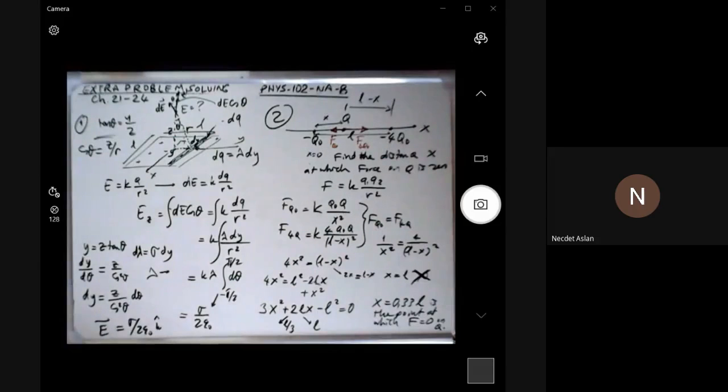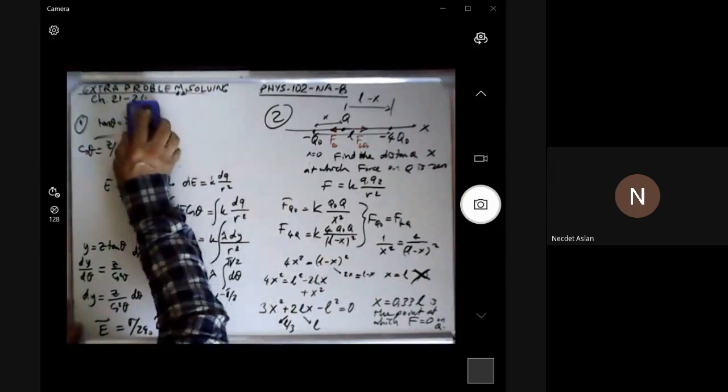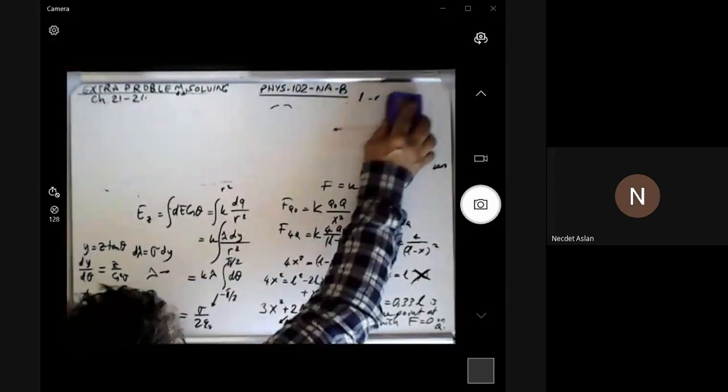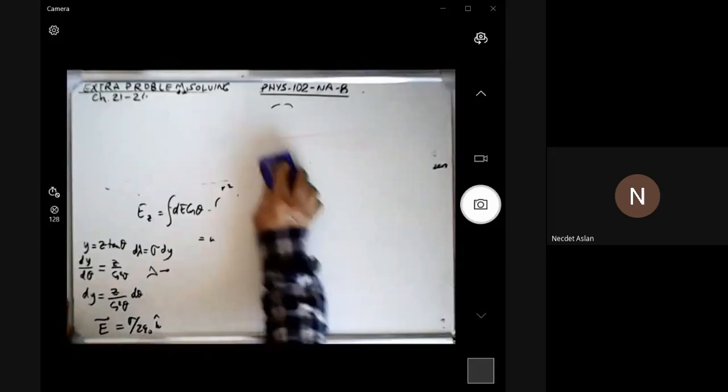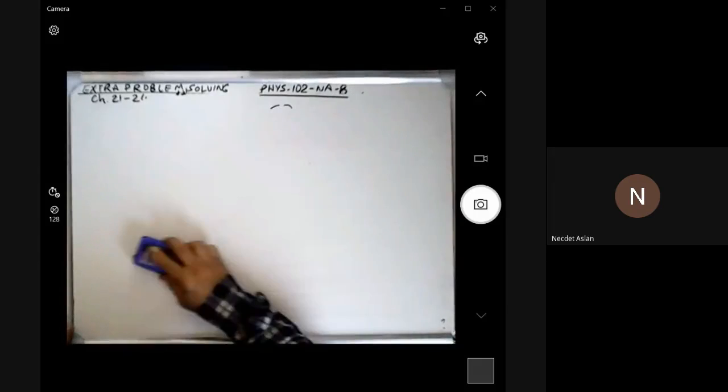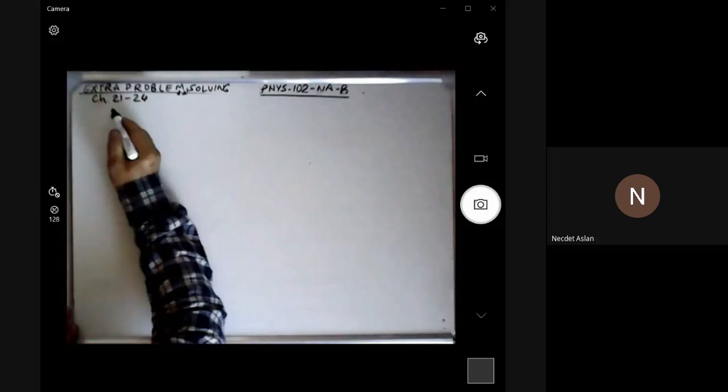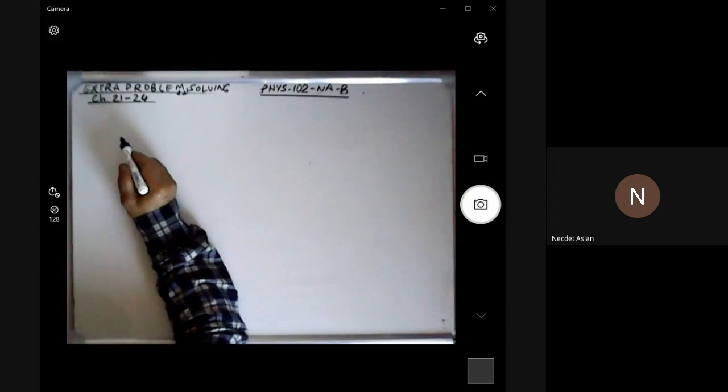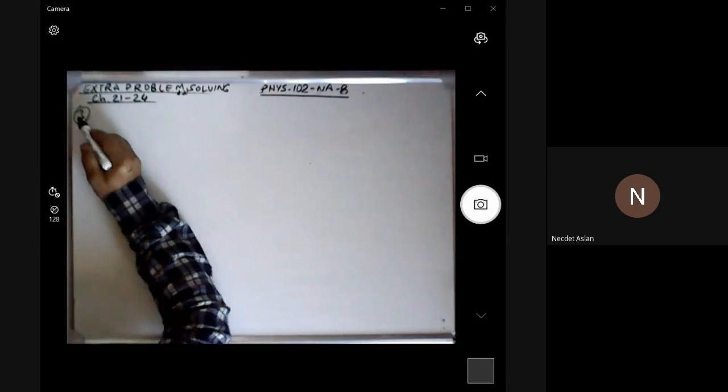Let's jump to the third one, okay, as quickly as possible. Okay, now, okay. Take some time to remove the table. Okay, in the third example, we have